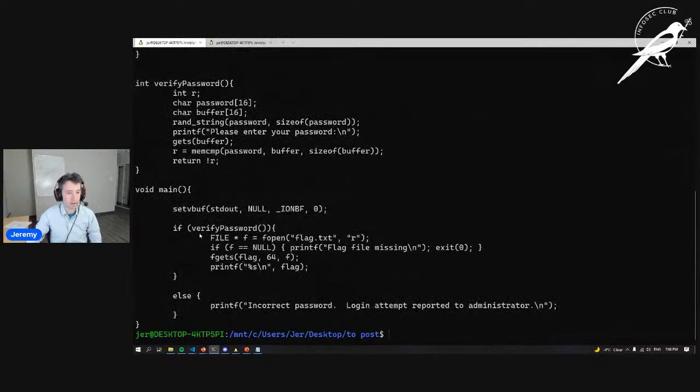And you're going to notice that down here, it's going to verify the password. And if the password is right, then it goes and prints the flag out for you. If you're just running this program locally, it'll say flag file missing. So it tries to open the flag.txt file, and if it's not there, it tells you that the flag is